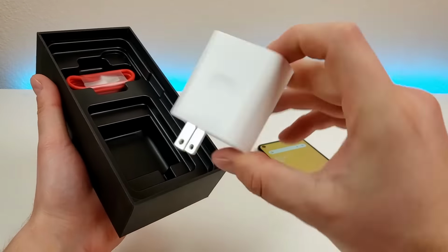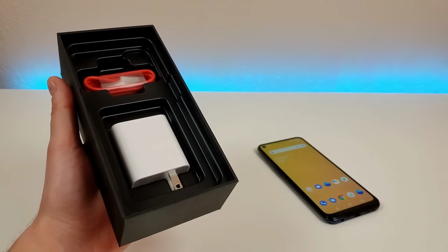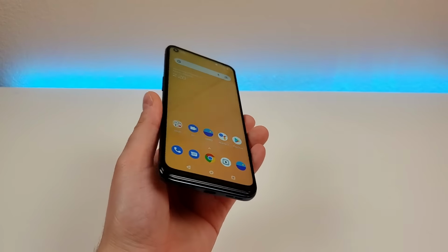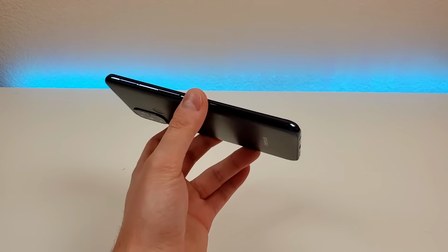So here is the charger. So it is nice to see a premium charger included, despite this being a low-end offering. Now, this phone is made completely out of plastic, besides the display, which is glass. We do have a glossy band running around the sides of the phone, which does make it look a bit